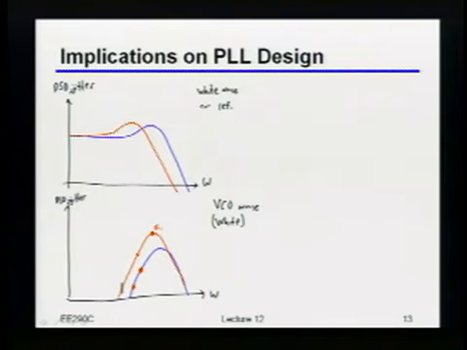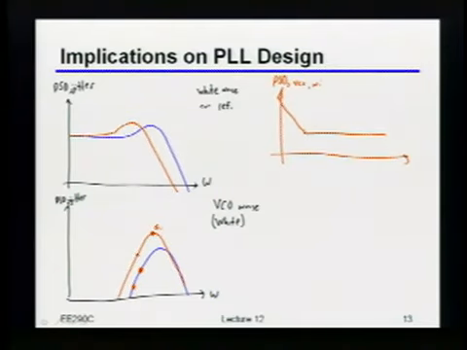So maybe let's just draw it really quickly. So let's say that naturally the VCO noise looked like this. And again, by the way, I'm drawing this now in the equivalent voltage thing, just so that I don't have to draw the extra integrations. Okay? So let's say that naturally it looked like this, right? So if I take this and I pass it through a bandpass filter that looks like this, then basically, for all intents and